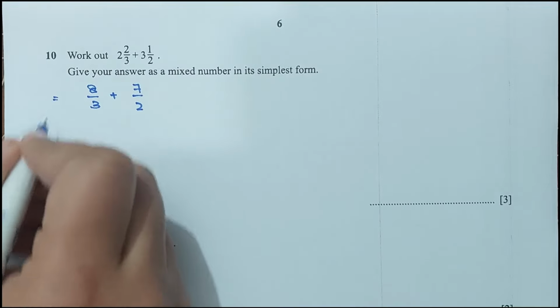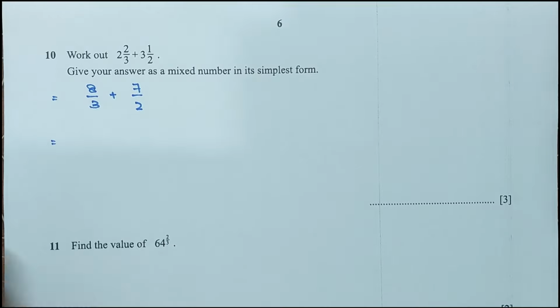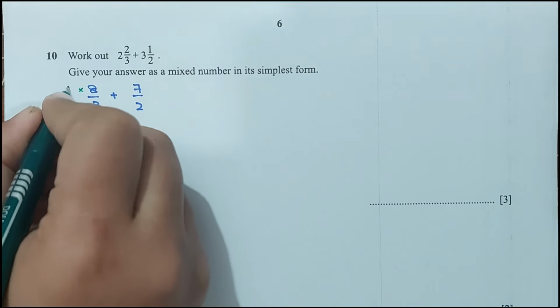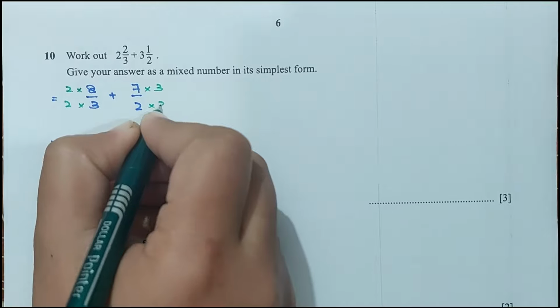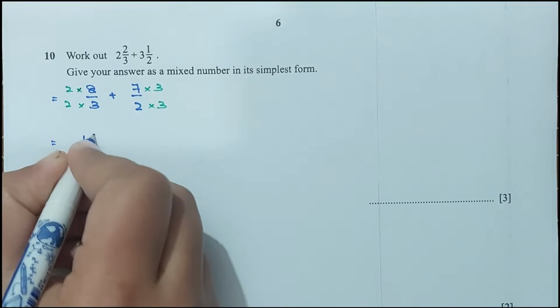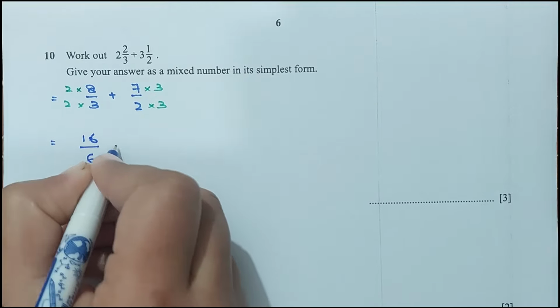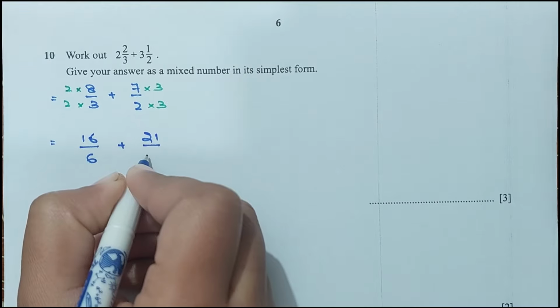Okay, the denominators are different, so we have to make the same denominators first. So how can we do this? We have to multiply this fraction by 2 and multiply this fraction by 3. By opposite denominators we have to multiply, right? 2 times 8 is 16, 2 times 3 is 6, plus 3 times 7 is 21 over 3 times 2